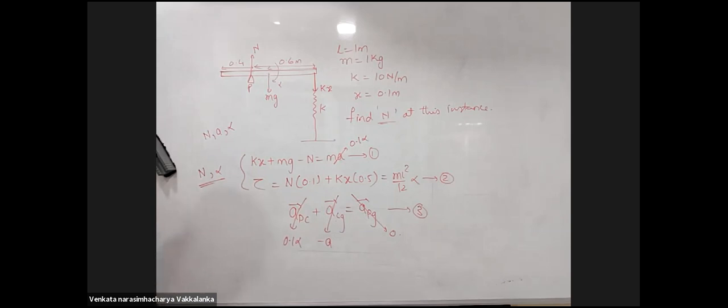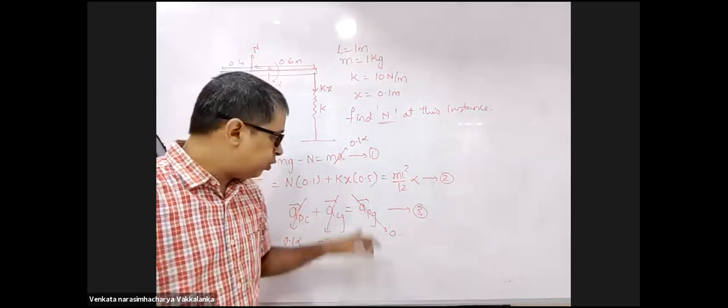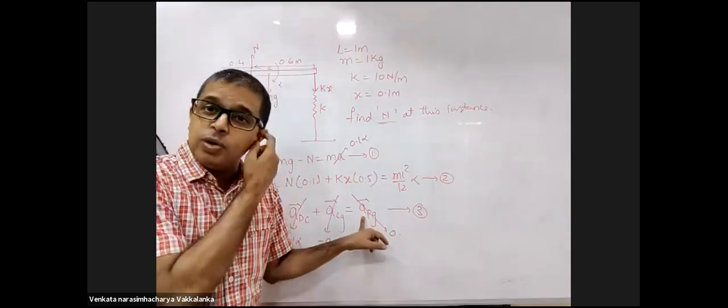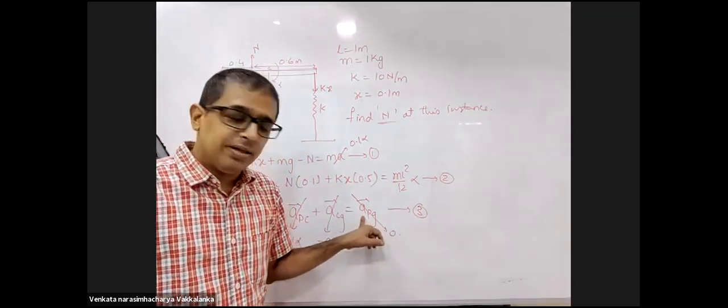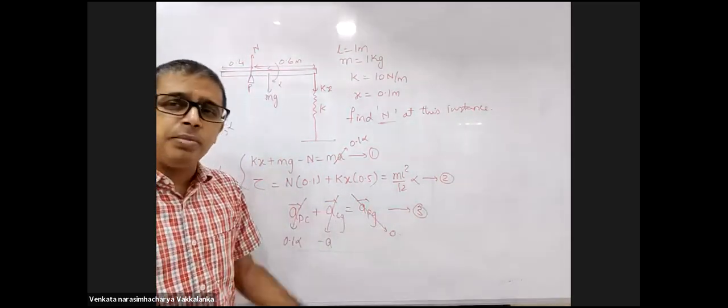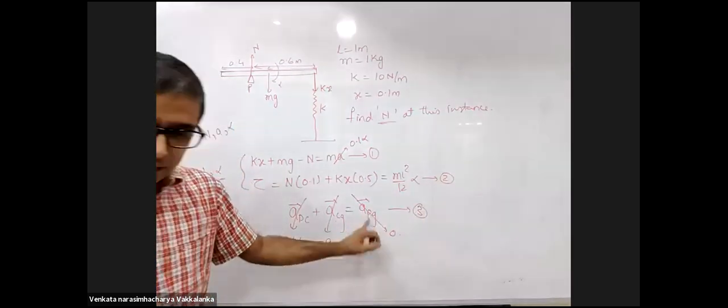So basically, when it comes to writing a constraint, we should choose a point where the acceleration of that point with respect to ground is 0, in order to avoid any more variables. Or you should know the acceleration of that point. Maybe in the question they'll give you the acceleration of the point. So if I know the acceleration of that point, it may be 0, it may be non-zero, but if I know that acceleration, you can apply the constraint.